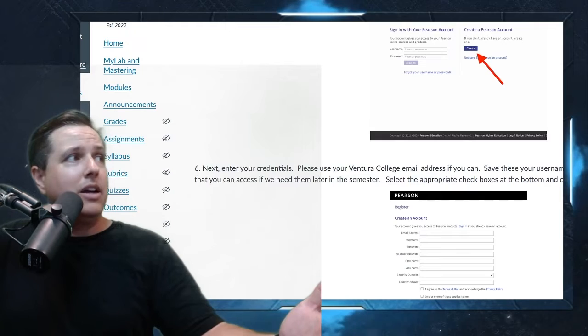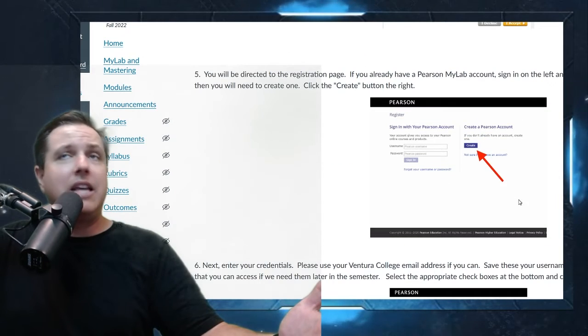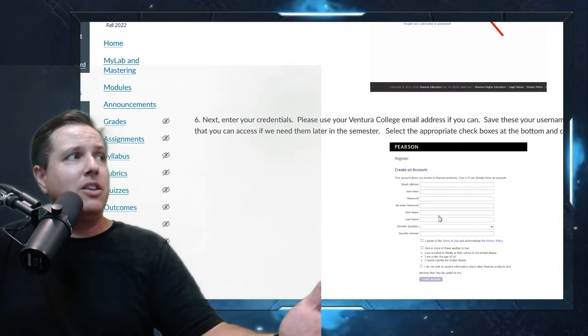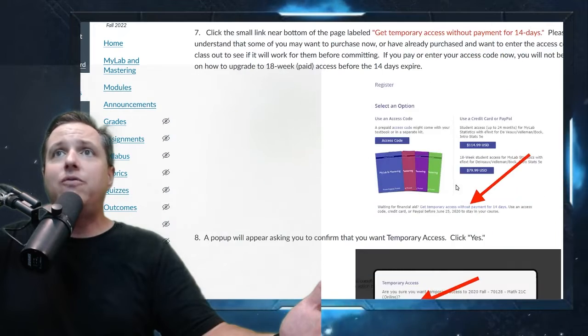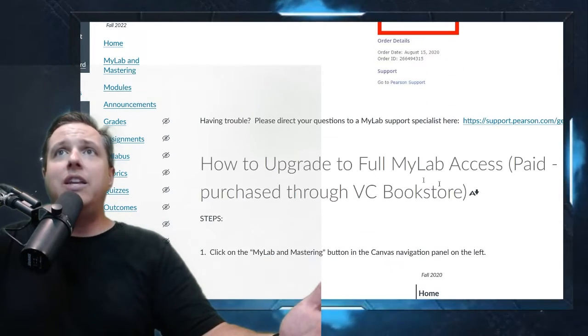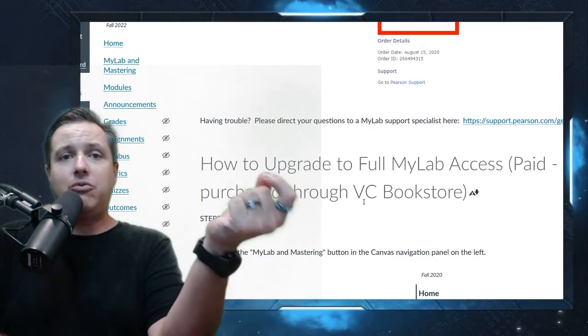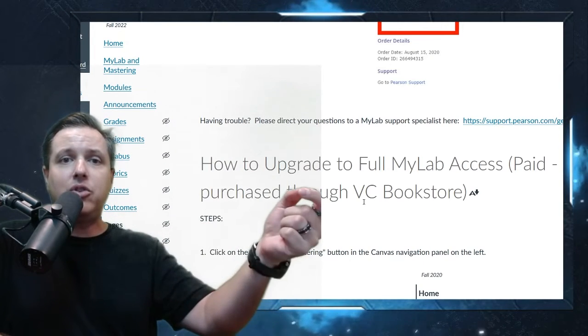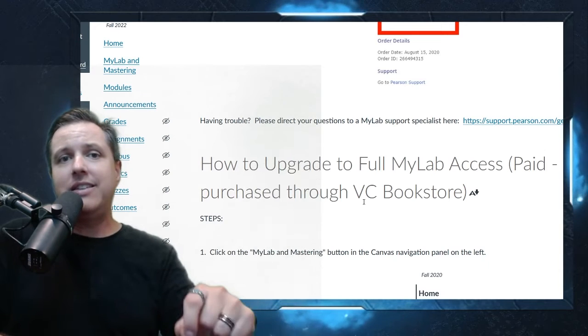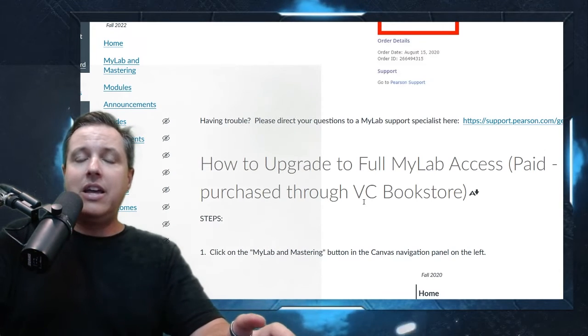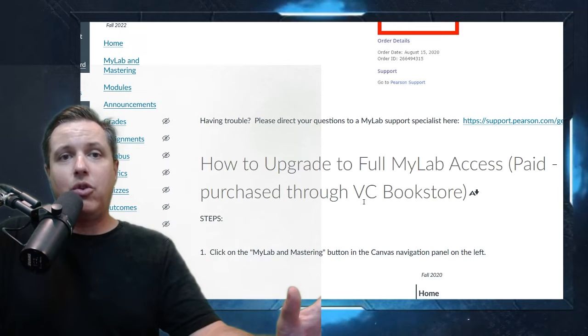And look, I've got directions here that show you exactly what to do. These are the screens that you'll see when you're signing up, so you can just follow these directions. And then what you want to do is, the bookstore has the full license right now. The school is paying the bookstore for your licenses in this class, okay? Now, I've had a huge headache with the bookstore earlier in the semester.